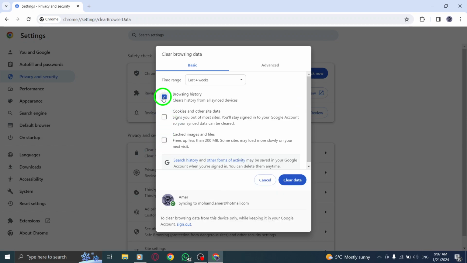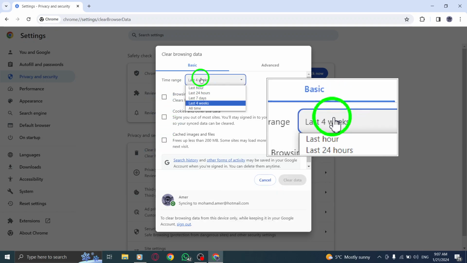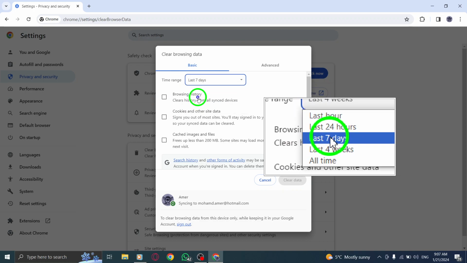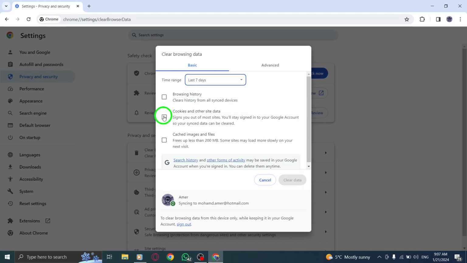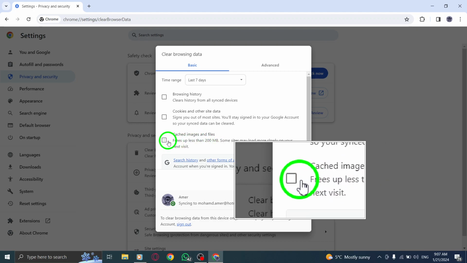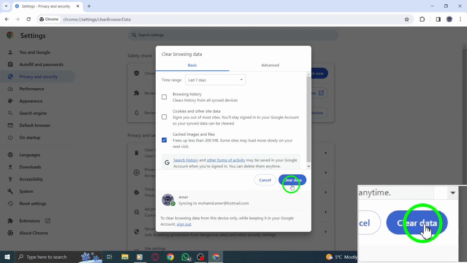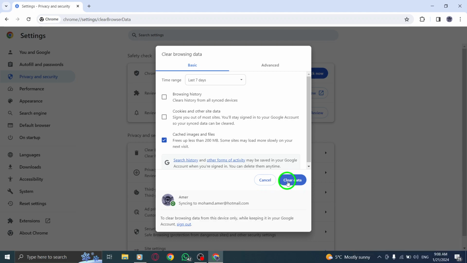Step 6. In the Time Range box, click on the drop-down menu and select Last 7 days. Step 7. Click on the box next to Cached Images and Files to turn it blue. Step 8. Finally, click on Clear Data at the bottom to remove the cached images and files from the last